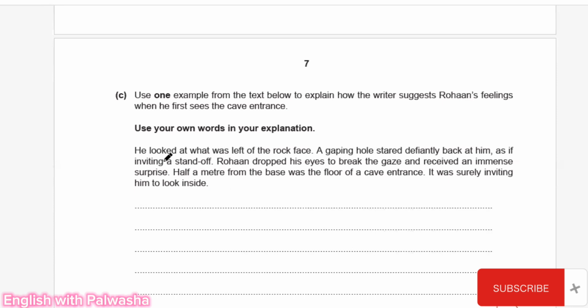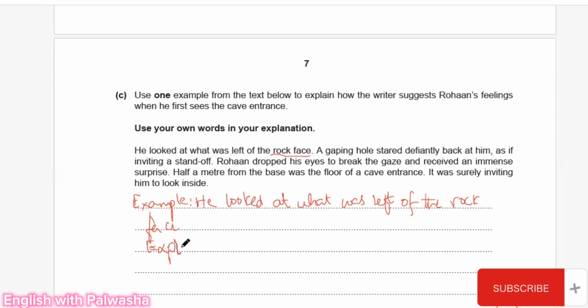All right, let's suppose we are reading this paragraph. "He looked at what was left of the rock face." So we are going to just pick up this one example. We will be writing here: example, he looked at what was left of the rock face, and then we're going to give the heading of explanation, and the explanation should be accurate according to